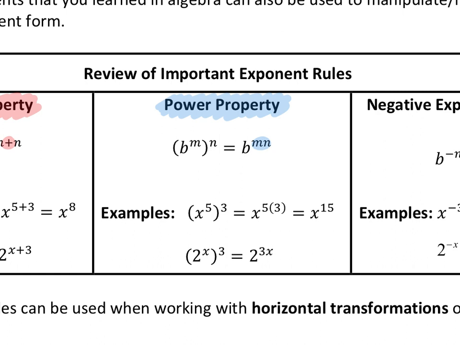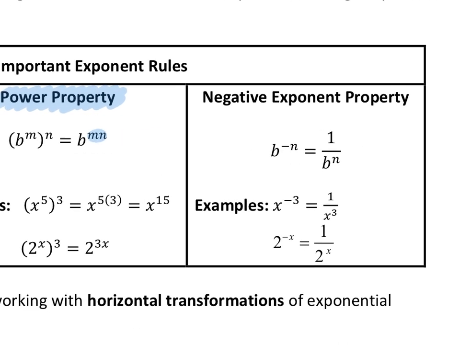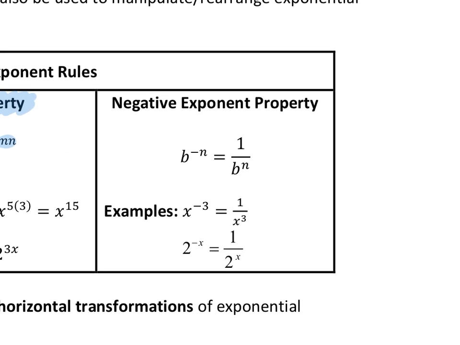So if we look in our examples, x to the 5th raised to the 3rd power is like x to the 5 times 3, which is x to the 15. And if one of those happens to be a variable, like 2 to the x raised to the 3rd, that's just 2 to the 3x. We're just multiplying those two things together. Yes? There are more exponent rules, but the third one we're going to go over today is your negative exponent